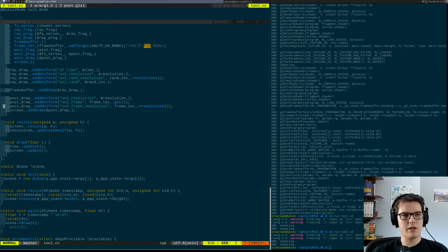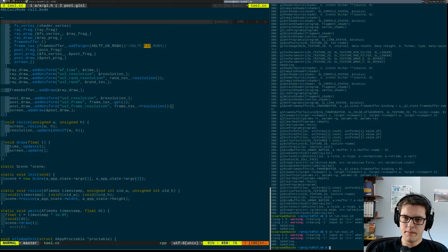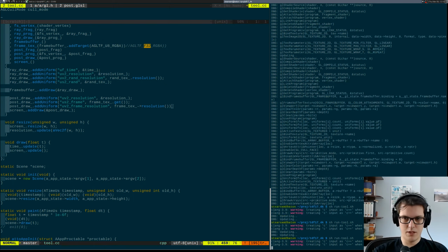Because the location for this uniform is not valid, because we don't use this uniform in the shader, so it's not set. Okay. And then we do set the attribute, and then draw, and then disable the attribute. So basically it looks sane, but we still don't get anything written to the